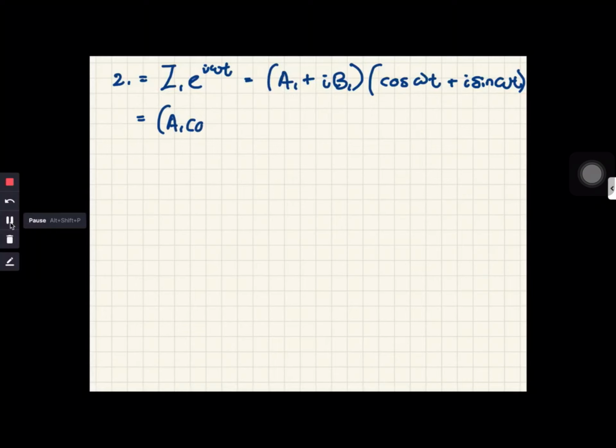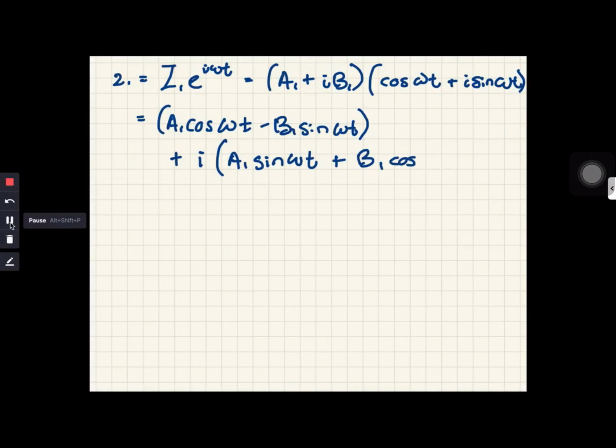So A1 cos omega t minus B1 sine omega t, plus, this is the imaginary part, A1 sine omega t plus B1 cosine omega t. Okay, and then the same thing we do for Z2. I just do a shortcut here. The same thing for Z2. So Z2 will have